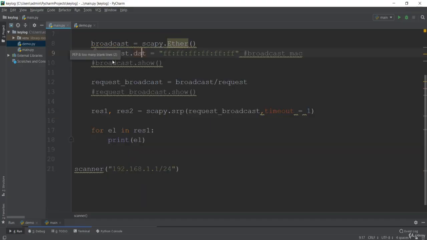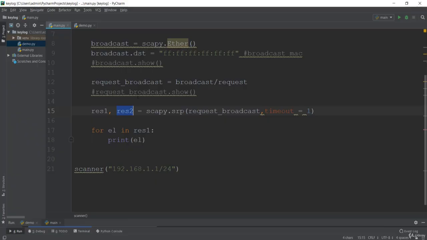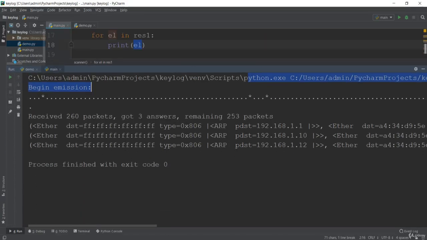packed with this broadcast MAC, and that is sent over to the clients, which is in fact in the form of the responses. So this is response 1, this is response 2, and based on that response we just loop, because these responses are answered and unanswered. So if you go into the demo, you could clearly see it has shown that with the ARP ping there are two packets, that is answered and unanswered. So the first one is answered, so we just loop on this answered, we just print this one, and we get the result. So you could see the result right over here.